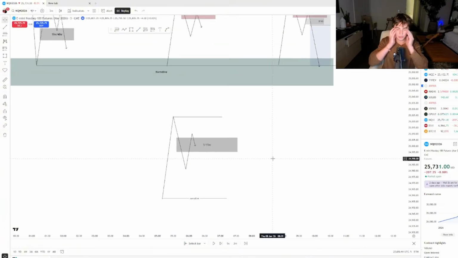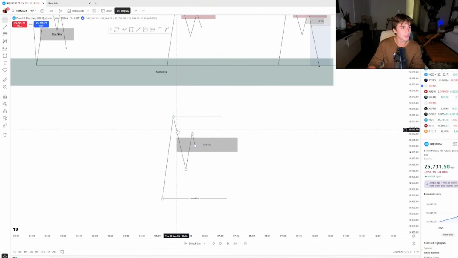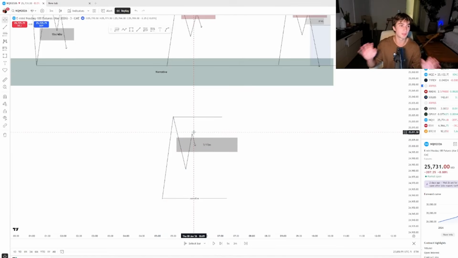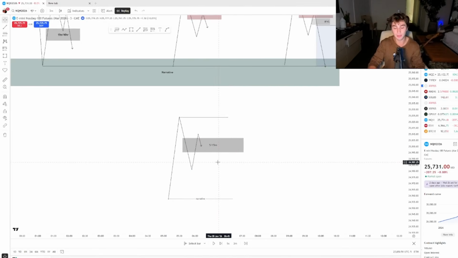Now that this has been inversed, I'm assuming price wants to go up to this high, right? And here's where it's going to get kind of tricky, but it's very simple. If the structure is good enough, you could theoretically just take the entry off the 5 minute getting inverse to the upside. But if it's a 15 minute, you can't enter off that, right? But anyways, I'm not trying to confuse you.